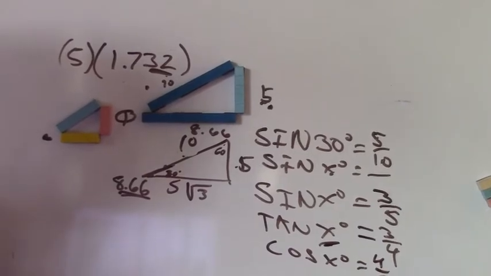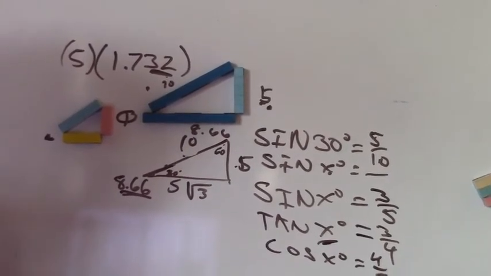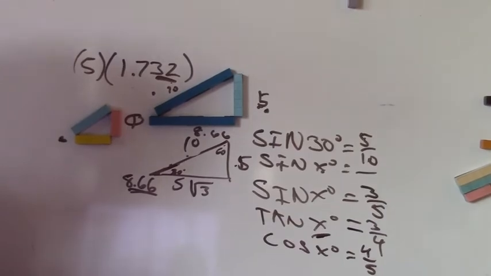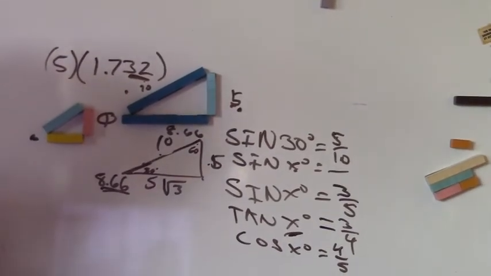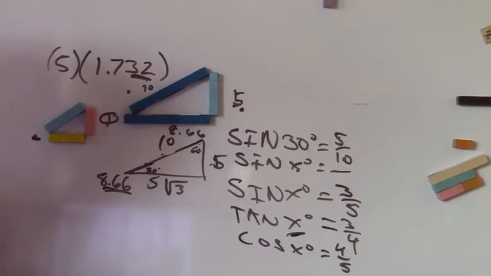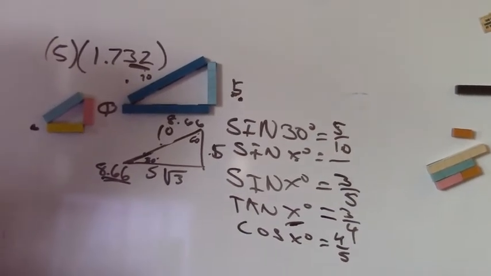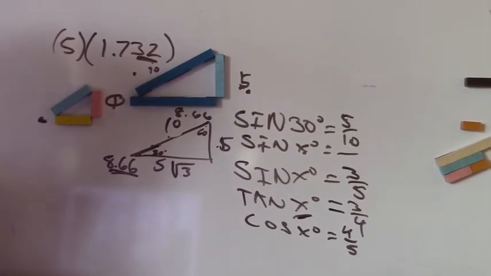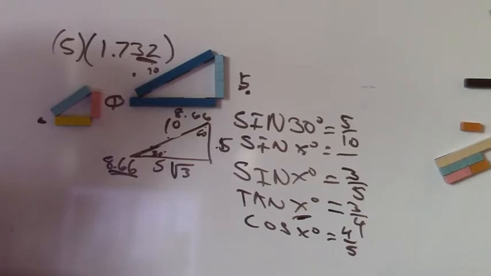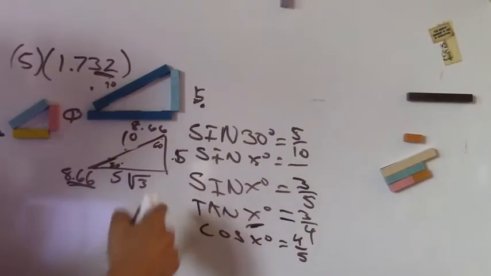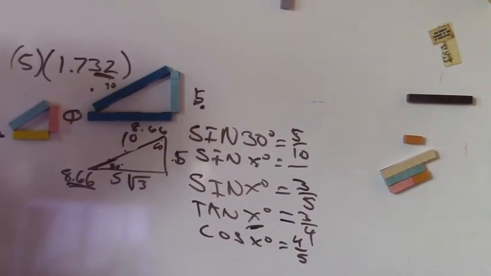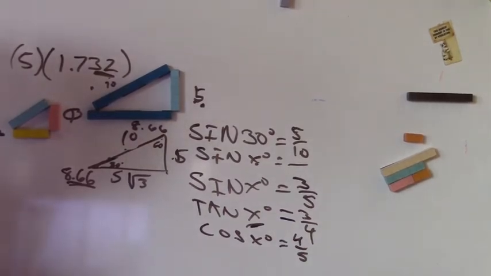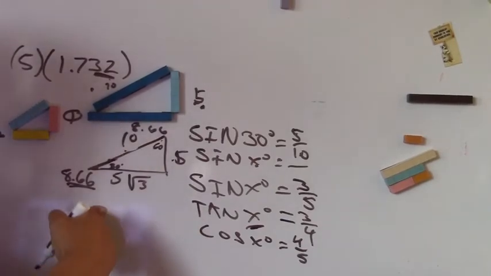So now here's what you're going to need to do to figure out the angle. I bet you could put in the Wolfram Alpha just like that, cosine x equals 4/5, just for fun. I don't know if Wolfram Alpha will do it or not. I can't remember. And see if it'll tell you what the angle is. There's another way to do it. In order to use Wolfram Alpha, or even a lot of calculators, it'll be different depending on whether it's Texas Instruments or Casio or whoever the calculator you're using. But here is